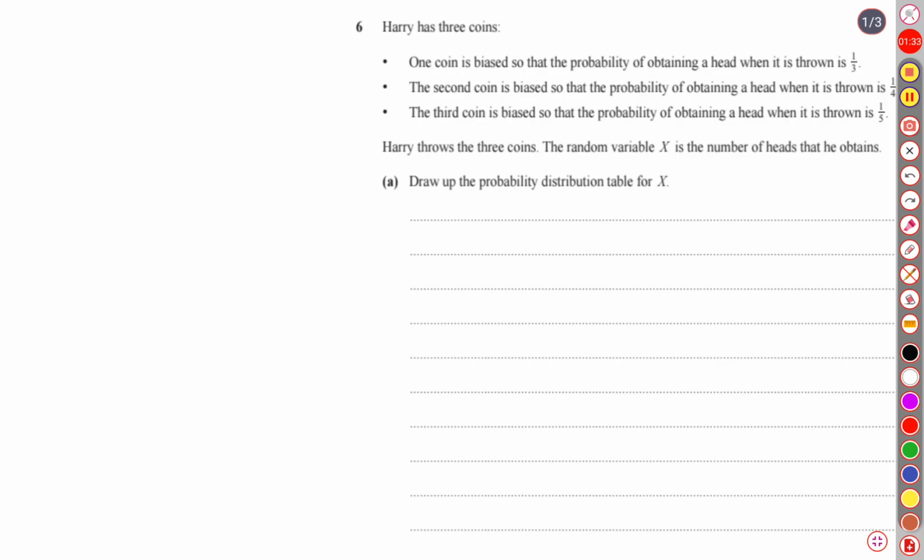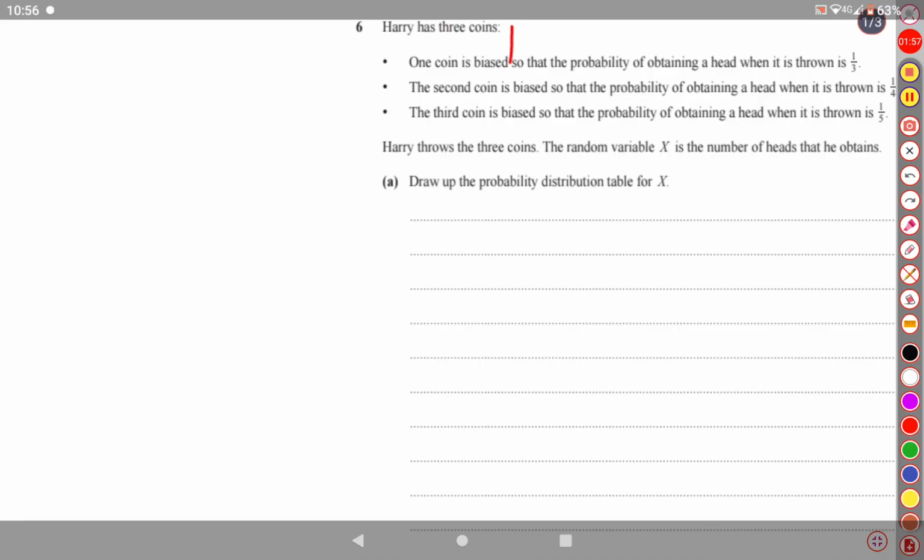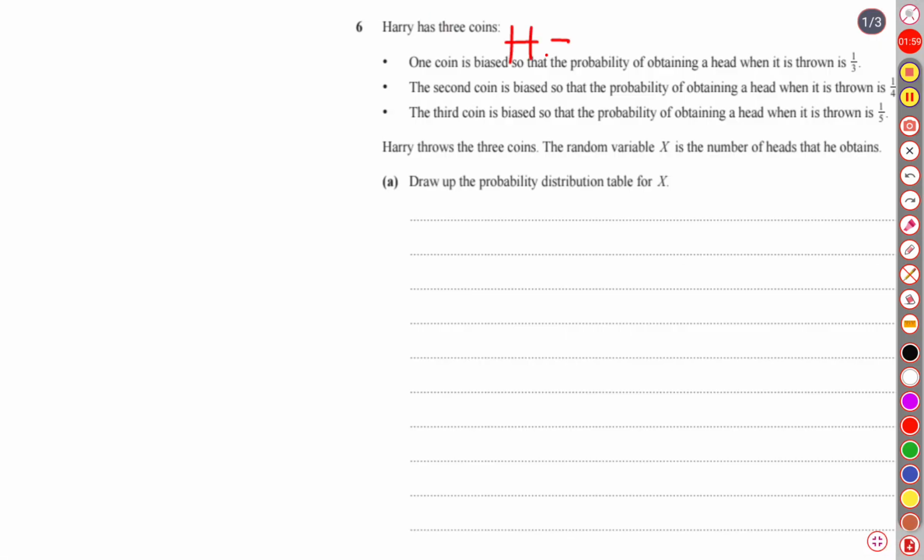So what is the fourth option for us? The fourth option is we can solve it practically and applying our common sense. So let's see what the cases are. They have told us each of the coins is biased, and for the first coin, the probability of head is